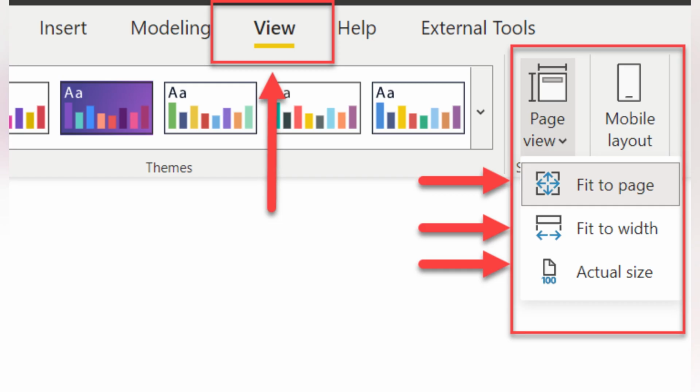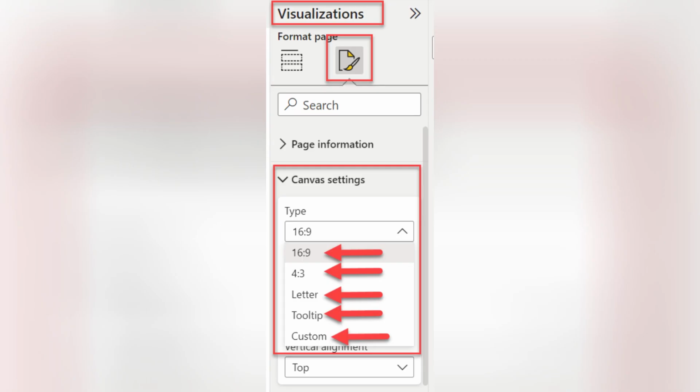The first is the View tab, and the second is the Visualization pane. In the View tab, the Page View dropdown controls how your report is displayed. Fit to Page compresses all visuals to fit the page size. Fit to Width keeps the width fixed and allows more height, giving extra space at the bottom. Actual Size shows the canvas at its configured width and height, which allows scrolling left to right and up and